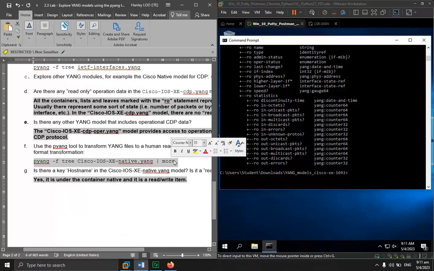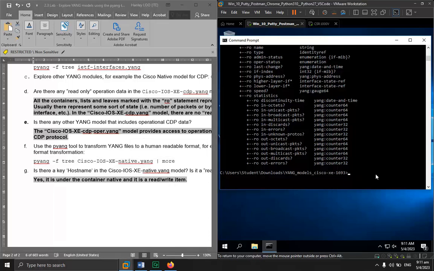Next, let's look at another Yang model, which is the Cisco IOS XE native Yang. This native Yang model is a very huge model that contains a lot of fields that you can configure on the router.